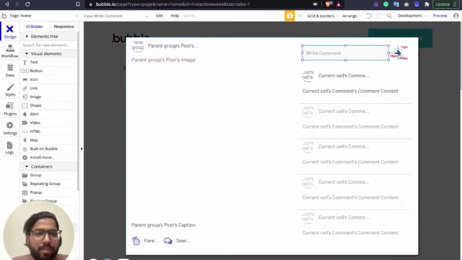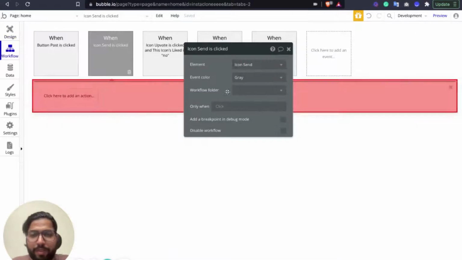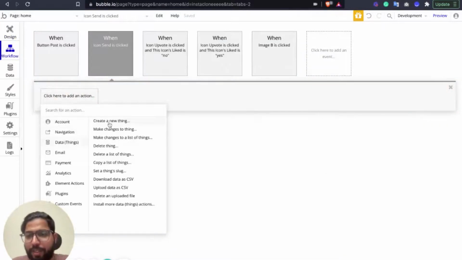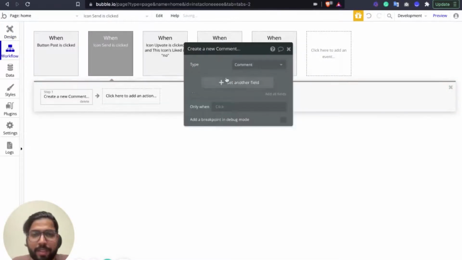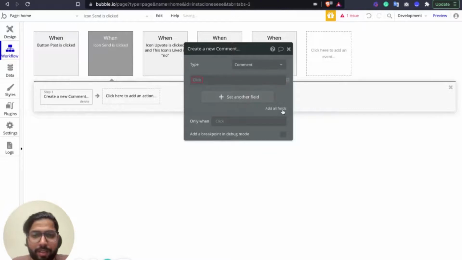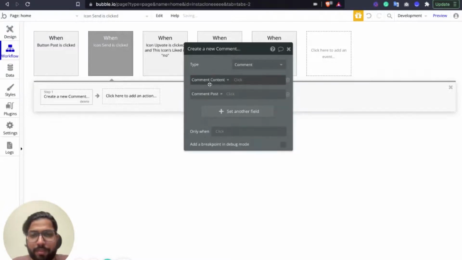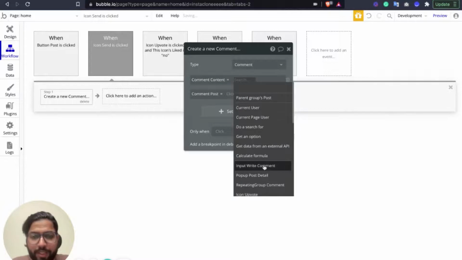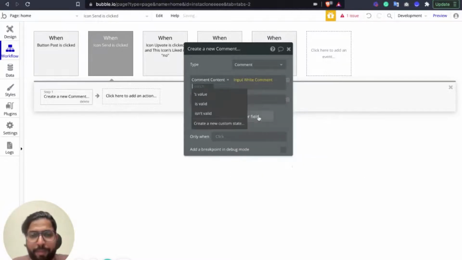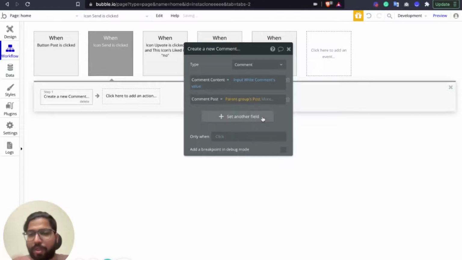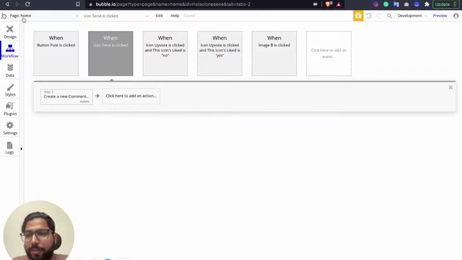Yes. So whenever you click on this, it should create a comment. It should create a new thing stating that, let's just add both the fields. The comment content should be the input value of write comment's value, and comment post should be the parent group's post. So it will know where I'm storing the comment.